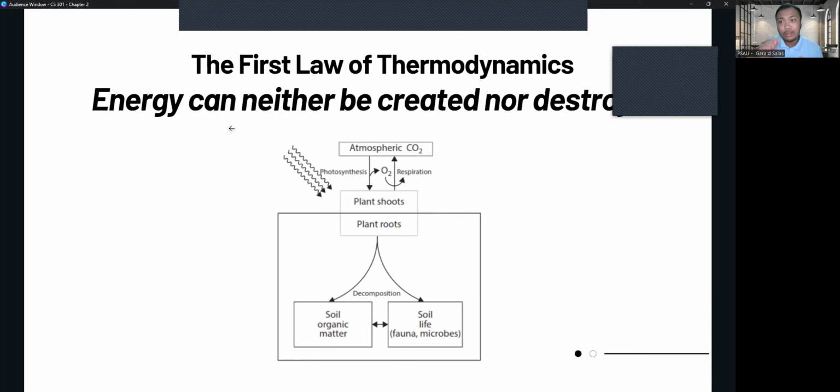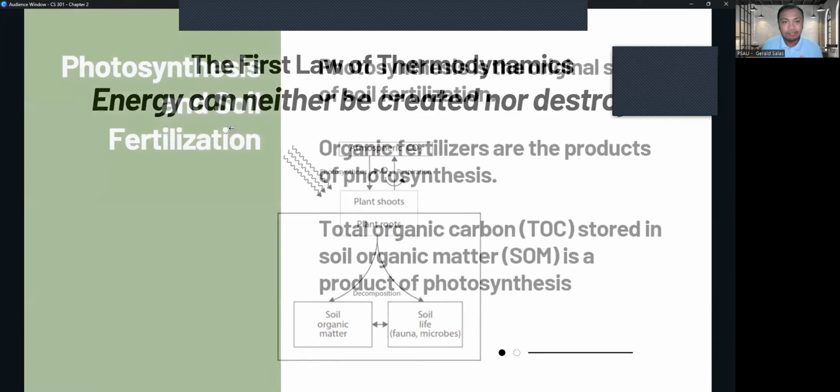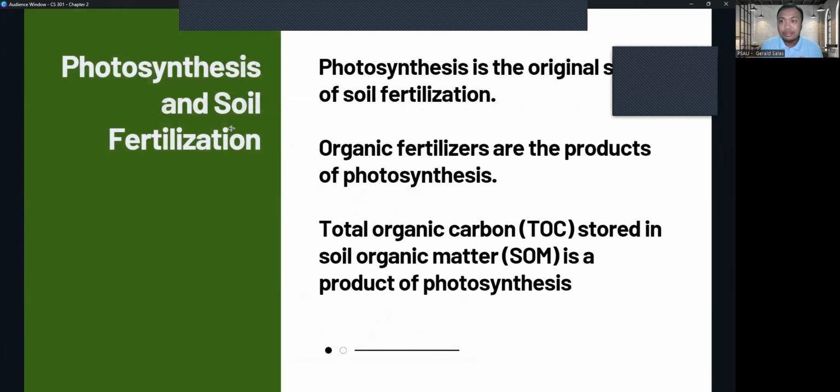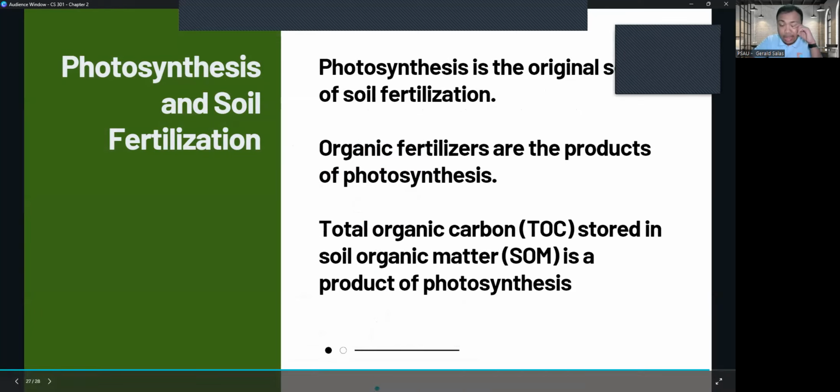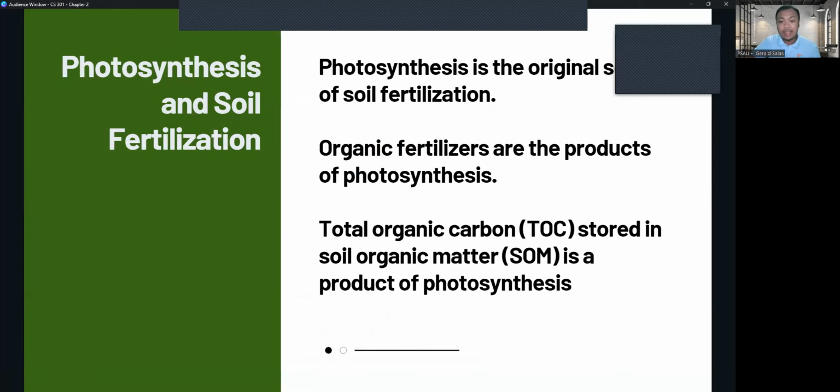Now, why are we talking about this? Because that's how soil fertilization begins. Photosynthesis is the original source of soil fertilization. Those non-decomposed plant and animal residues make up the organic fraction, the SOM or soil organic matter, which is actually a